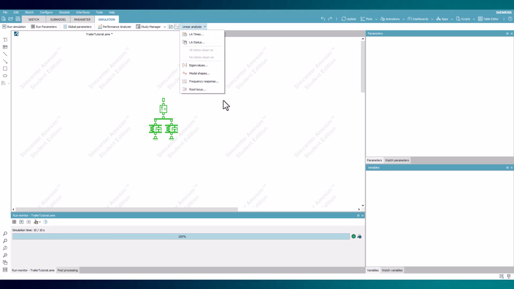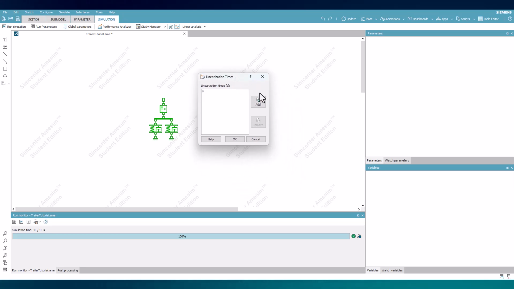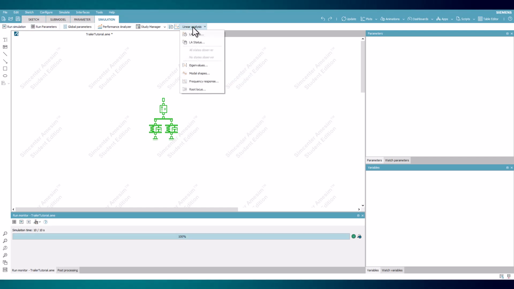In order to perform a linear analysis, linearization times must be set in the first option of the drop-down menu. Within the menu, times can be added and removed with 0 already being present. Because the model's behavior is linear already, the time selected is non-consequential and can be left as 0. Select OK and run another simulation. Reopen the linear analysis menu and select the eigenvalues option.